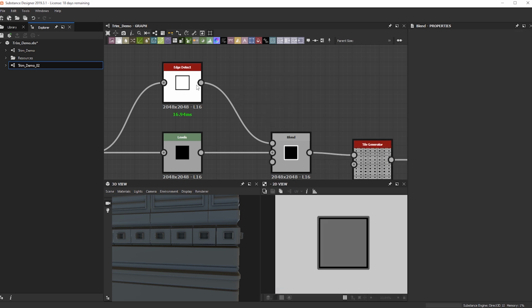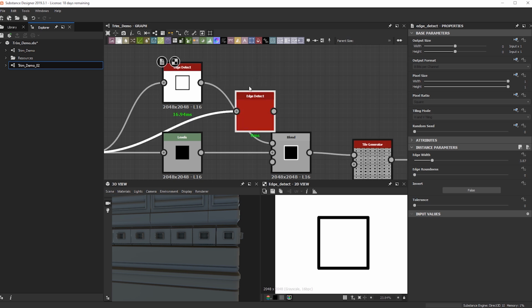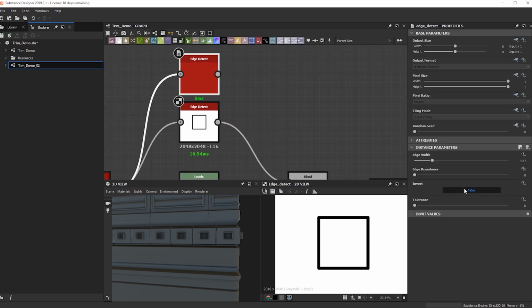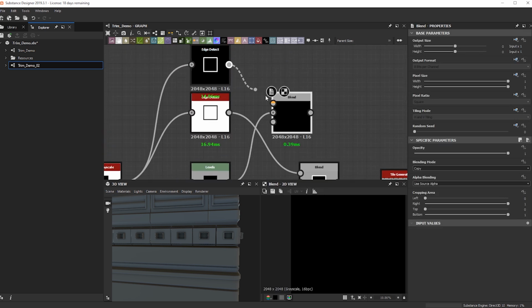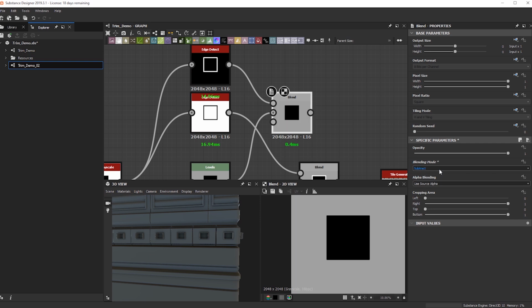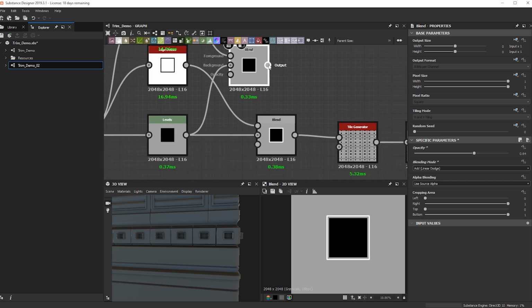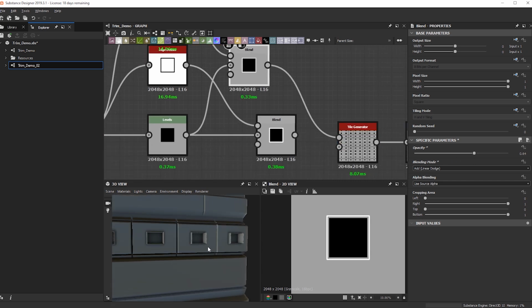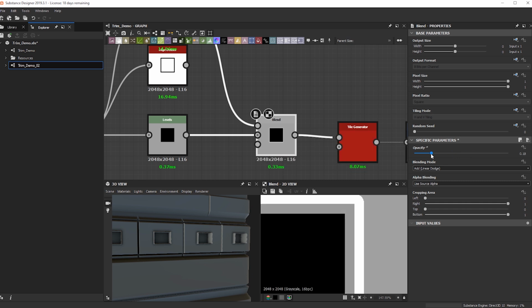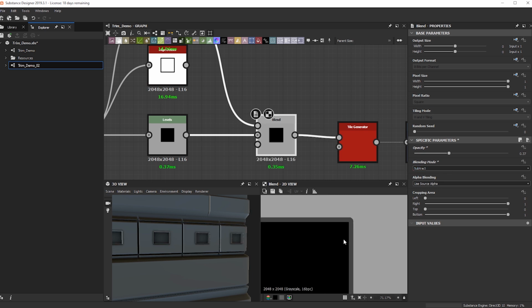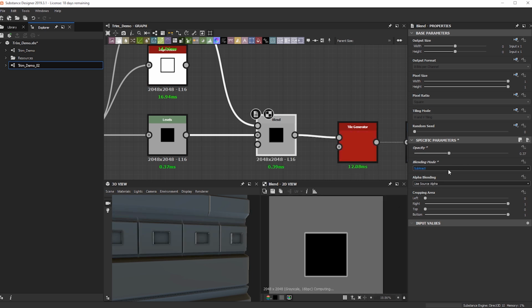What I can do here is actually, I'm going to take another edge detect and I'm gonna invert it here. That way we just get the white. Let's do a blend here. Bring this guy up here. So maybe let's try something like this and see what it gives us here. Again, it's still too intense on the white. So maybe if we bring this down even more. Looks like I just found it on that multiply, possibly.